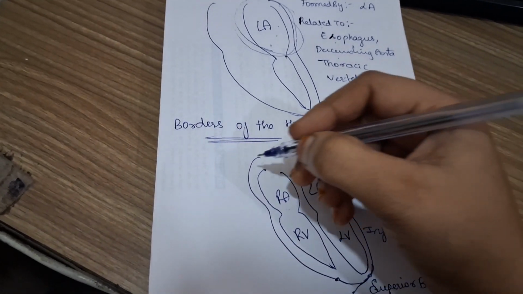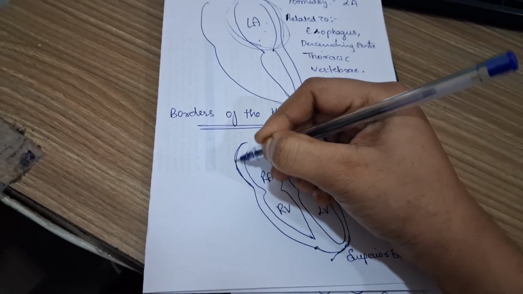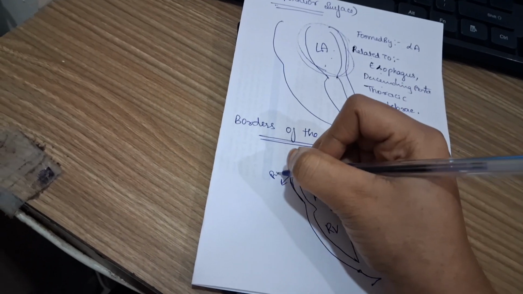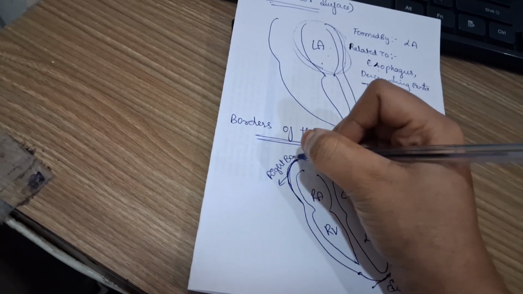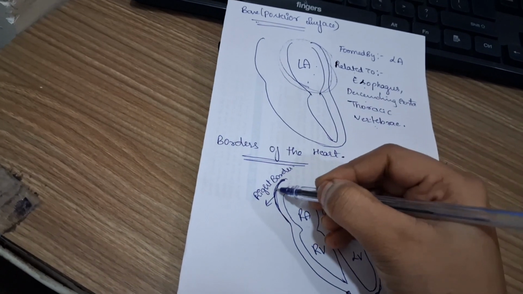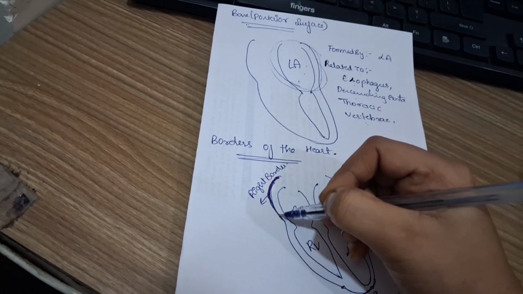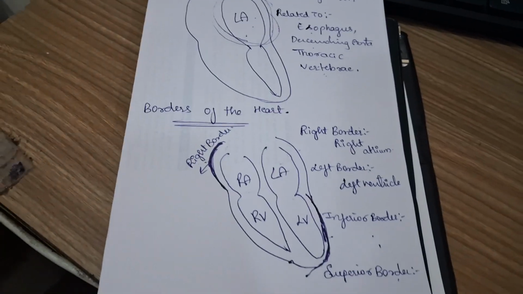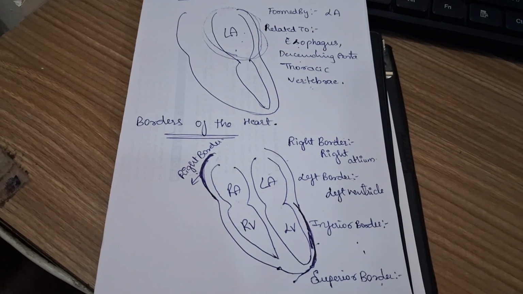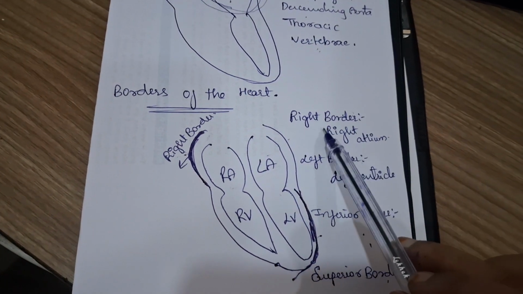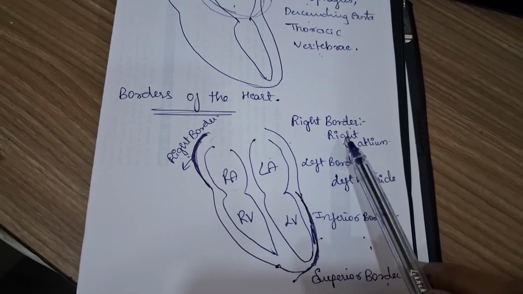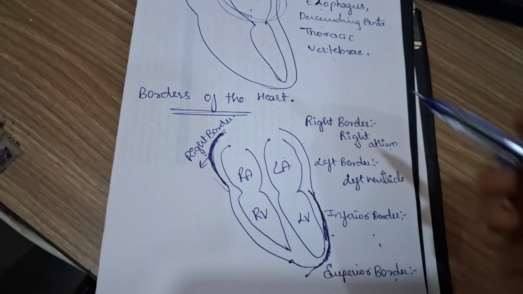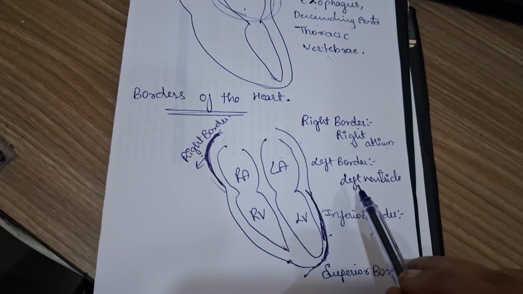Understood? So this lining, this border is called the right border. The right border is mainly formed by the right atrium. So we studied that the right border is mainly formed by the right atrium, and the left border is mainly formed by the left ventricle,